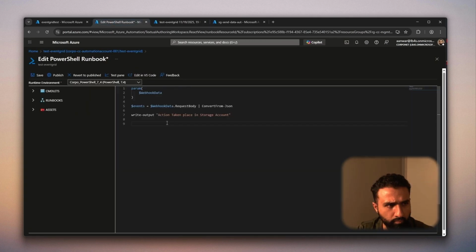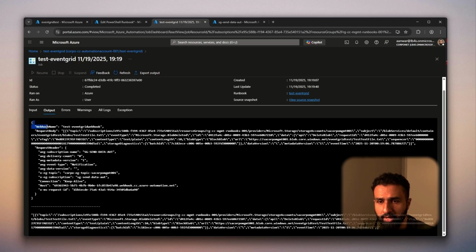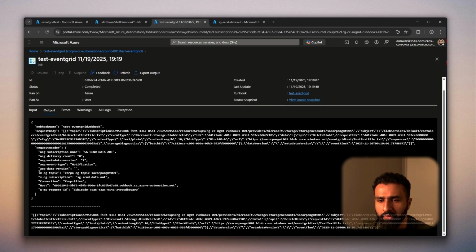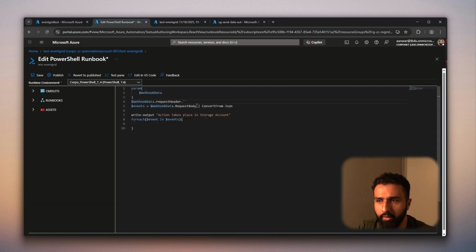Okay. So what we can do is for each event in events, even if it is just one. And recall earlier, I also converted this from JSON. That's because it was actually an object. And recall here, this is an object. There's a request header. Within it are key value pairs. So if I wanted to get one of them, I just do request header dot one of these names. If I wanted the topic, I'd get it like this. If I wanted the description,